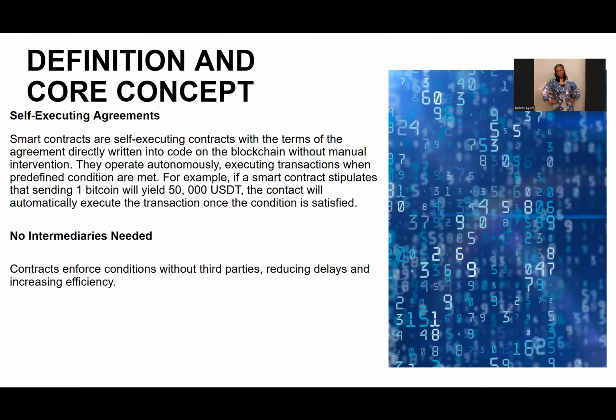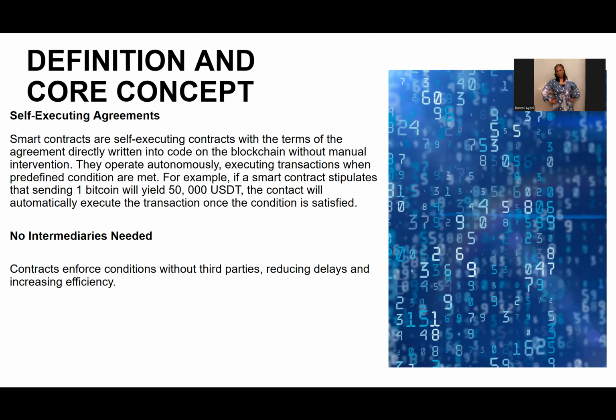Self-executing agreement. That's exactly what a smart contract is all about. Smart contracts are self-executing contracts with the terms of the agreement directly written into the code on the blockchain. That is, it does not need any human or manual intervention. They operate autonomously, executing transactions when predefined conditions are met.